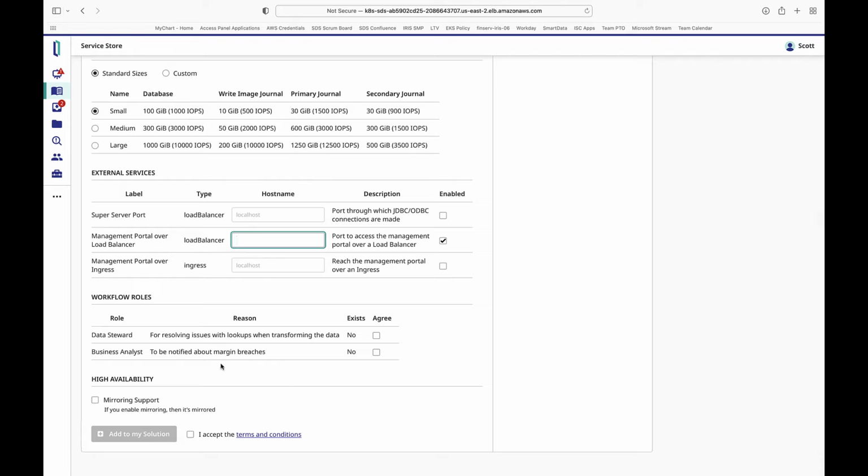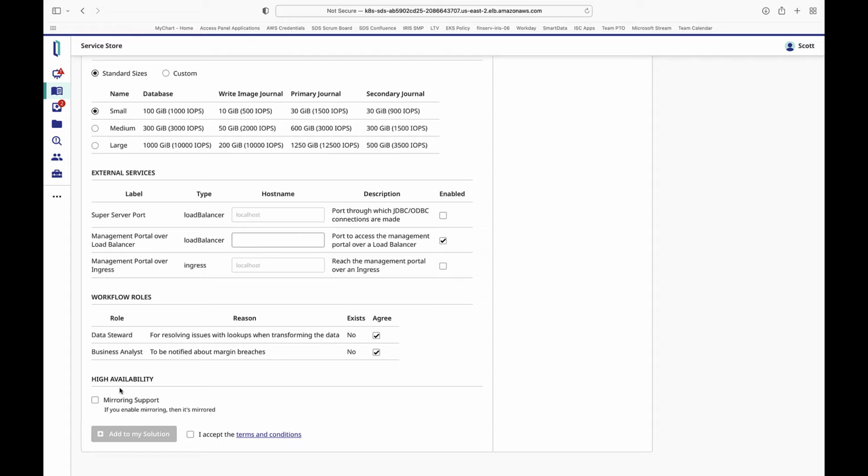And here is a demonstration of workflow roles. Let's say you have an application that sometimes needs to bring people into the process, right? As you know, if you are building an Iris application, we could have a workflow going on in there, and we need to ask permission to the administrator of this cluster to send tasks to the data steward and the business analyst. So this is how you do it. You just agree that you're okay with this service you're deploying, which is just an Iris as a database, to send tasks to these users.